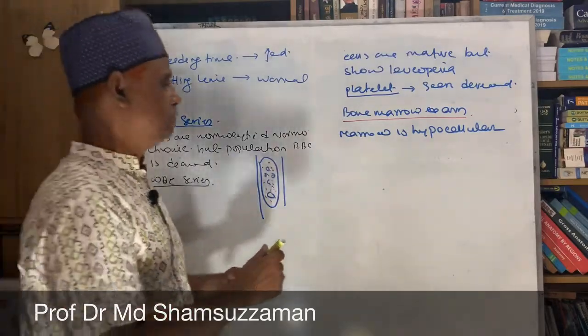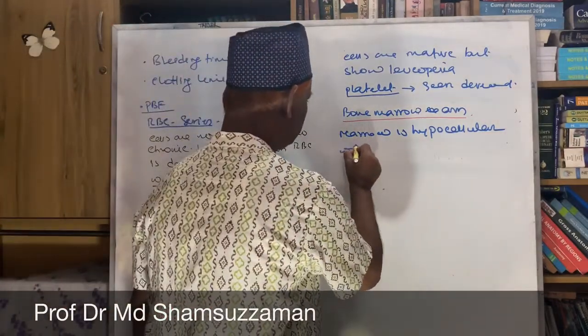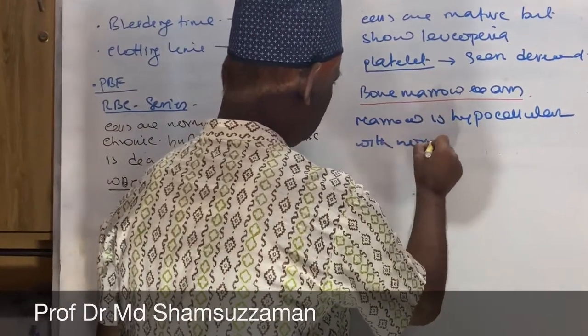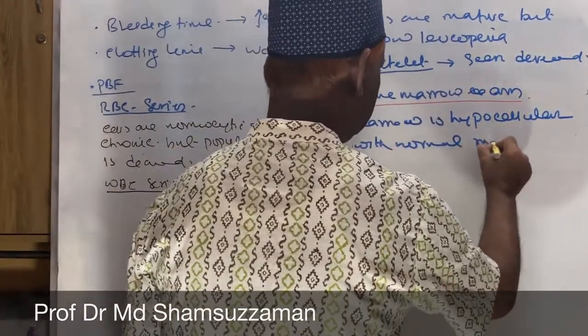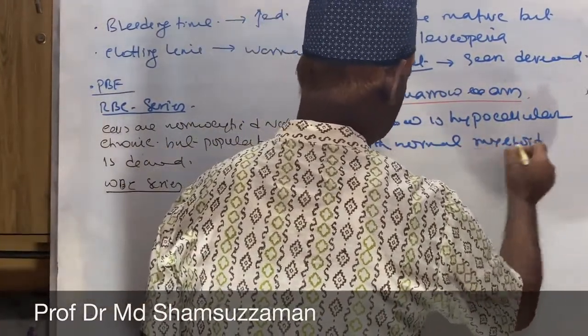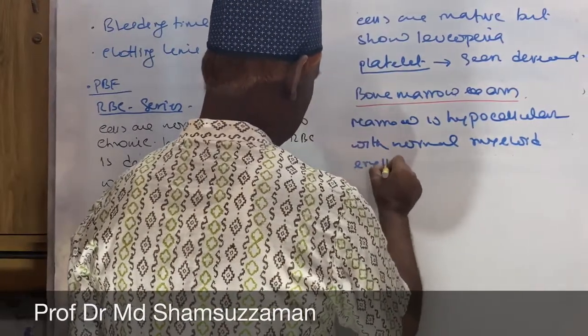So the marrow is hypocellular with normal myeloid erythroid